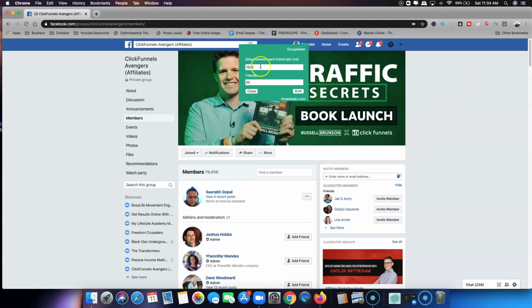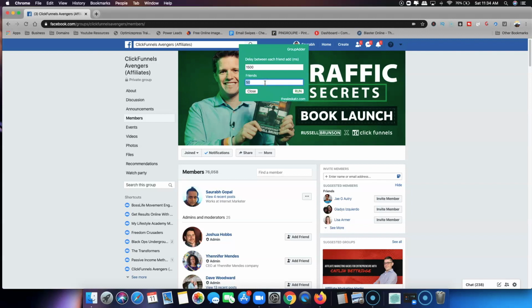And then the first section is delay between each friend add. So by default it is 1500 milliseconds delay, and we'll keep that as it is, and then how many friend requests you want to send. Again, as I said, you don't have to go crazy with sending the friend request.